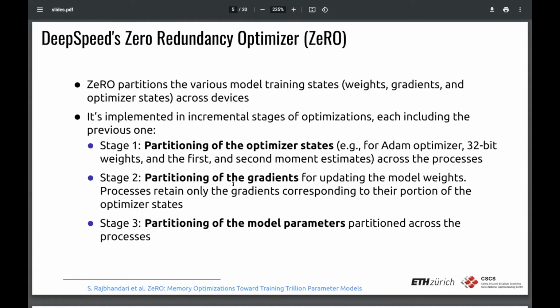And later in the presentation, we're going to see that partitioning the gradients is something that comes naturally after stage 1, after the optimizer states are already partitioned. You will see why. And stage 3 is the most aggressive, which is the partitioning of